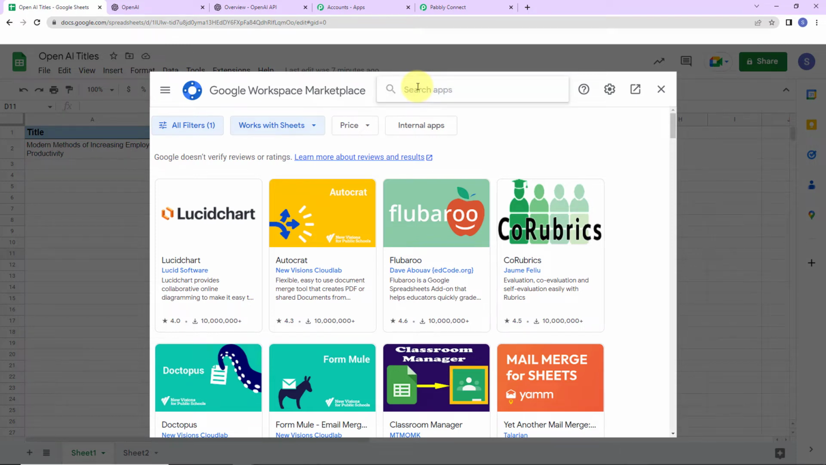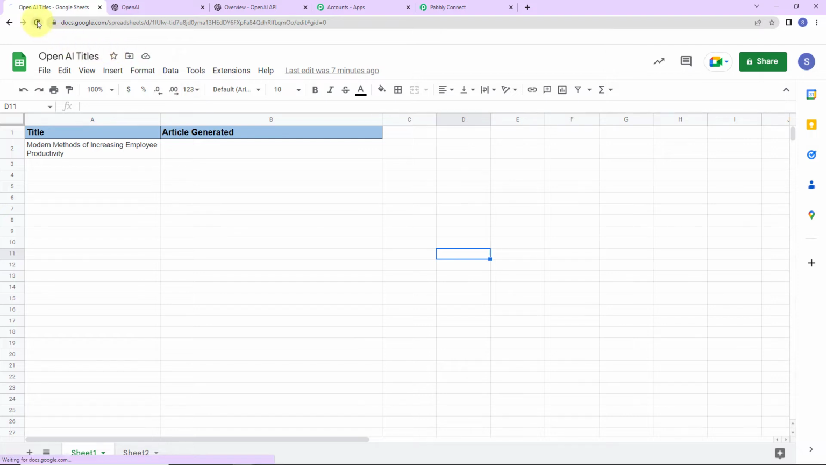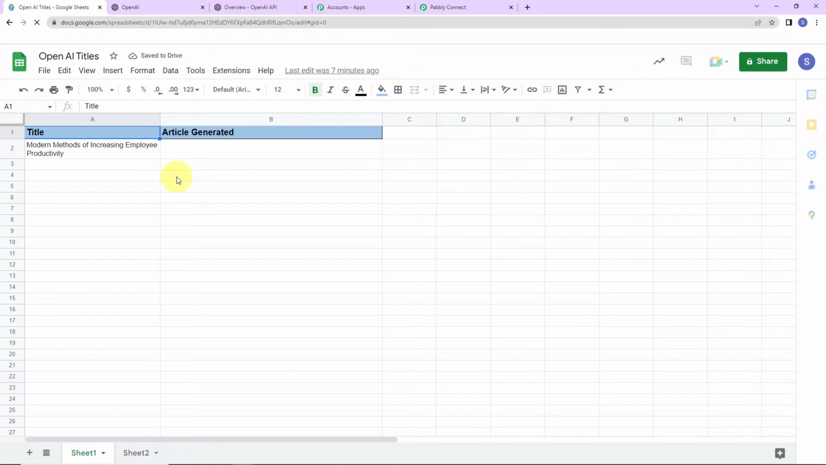So I'm going to look for Pabbly Connect webhooks. This is the application, and here you can see that this particular application has already been installed on the system. So once you have installed this, please make sure that you close the window and refresh this page once. This is an extremely crucial step, and once you are done with this, we are going to wait for a